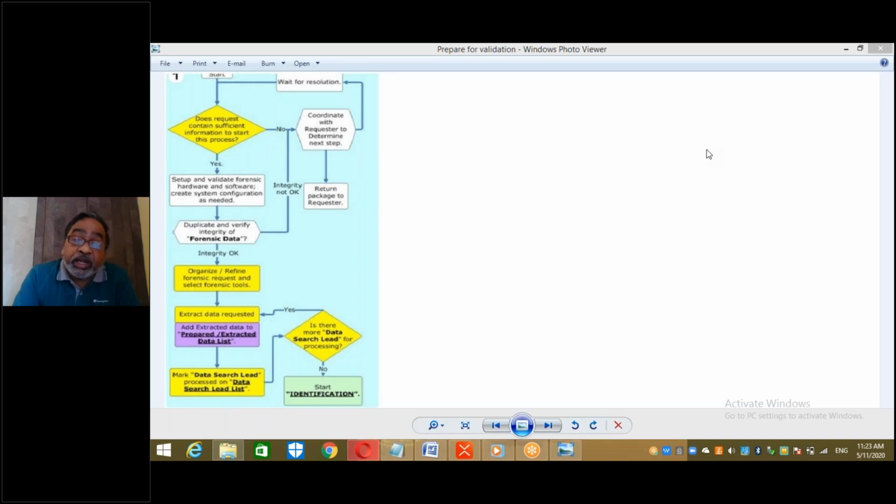But before that, integrity of data is to be checked. How it is to be done, we will see that now. Right? If integrity is okay, organize, refine the forensic request and select forensic tools. Now once the data is ready and verified to be correct,